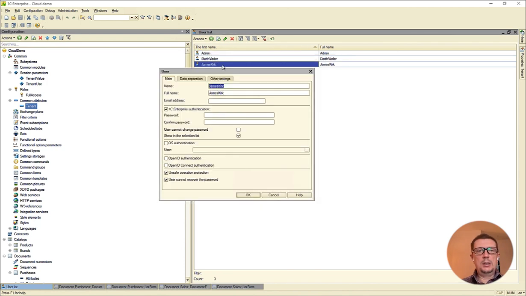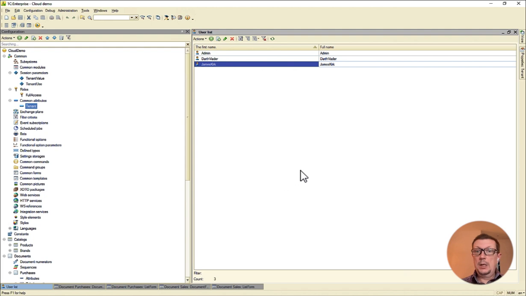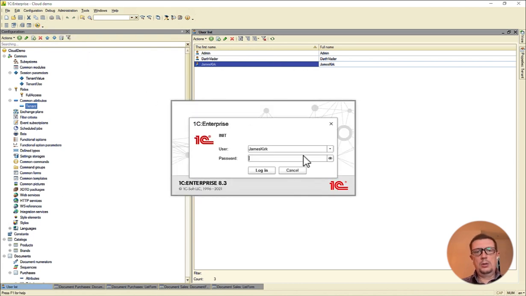And now I can say that James Kirk belongs to Star Trek separator. Okay, as simple as that. Let's see what happens when I try to log in, let's say, as Darth Vader.